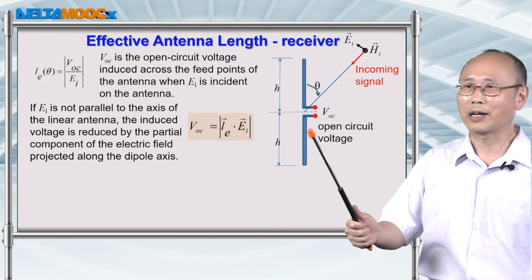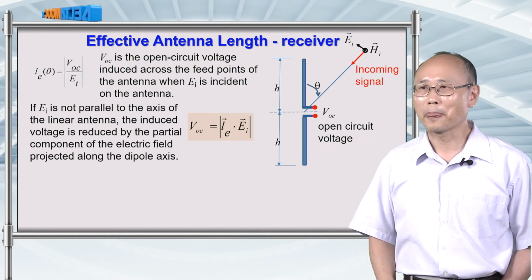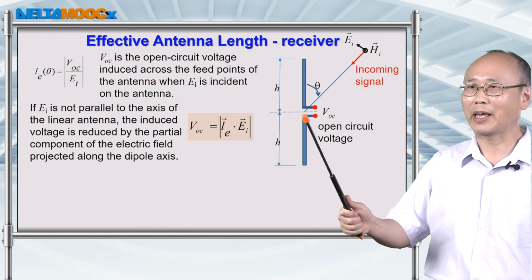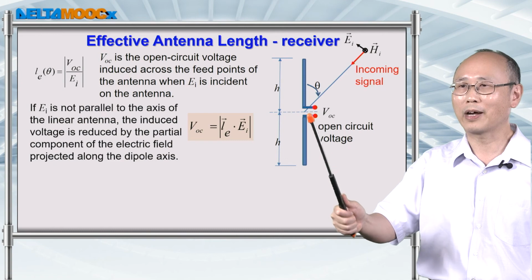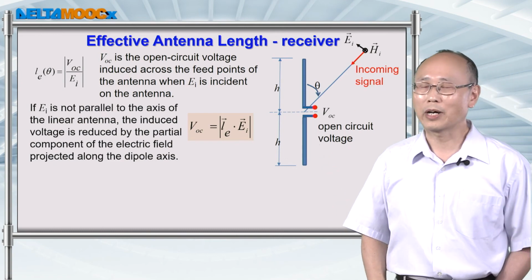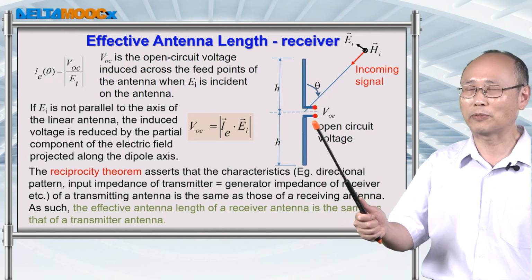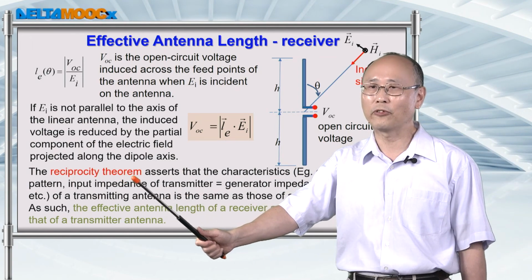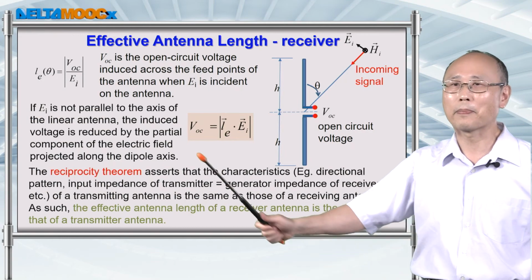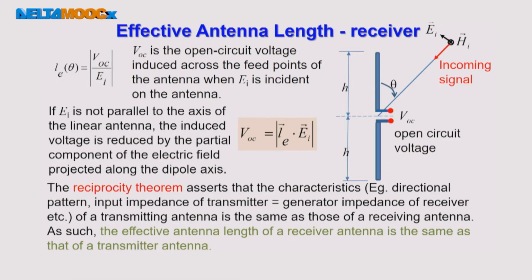And usually, if you derive a field expression for an antenna, the expression can have the field propagate away from this antenna or coming to this antenna. So the characteristics of a receiver antenna and also a transmitter antenna are the same, and this is called the reciprocity theorem for antennas. So you will expect that the effective antenna length for a receiver antenna is going to be the same as the effective antenna length for a transmitter antenna.